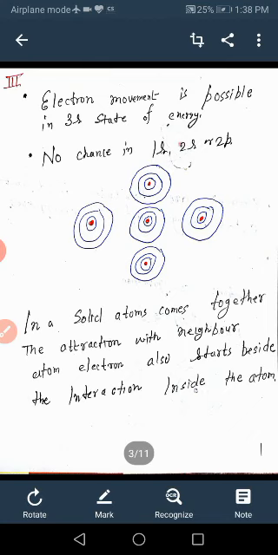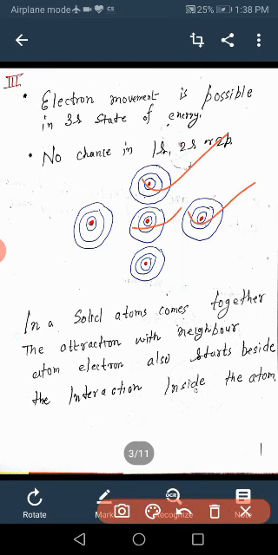And this is happening inside all the atoms. For this atom, the internal attraction is there, and this and this. And when these atoms come in close proximity, near to each other, the interaction between the electrons of this atom and the electrons of the other atoms also starts. So this will create the energy redistribution,